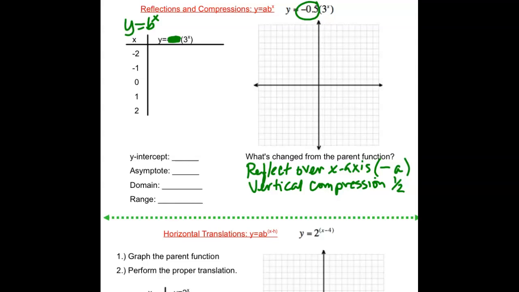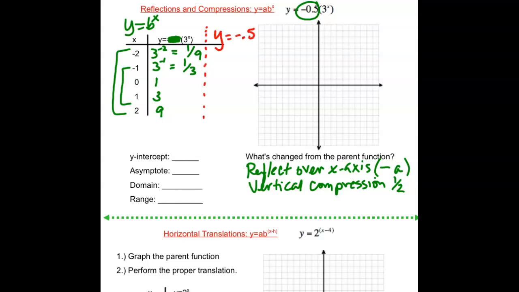So 3 squared would be 9. 3 to the first would be 3. Anything to the 0 is 1. 3 to the negative 1, remember we have to flip it over, so 1/3. And 3 to the negative 2, we have to flip it over and square it, so we get 1/9. And again, remember these are always going to be reciprocals of each other. Okay? For our new graph,